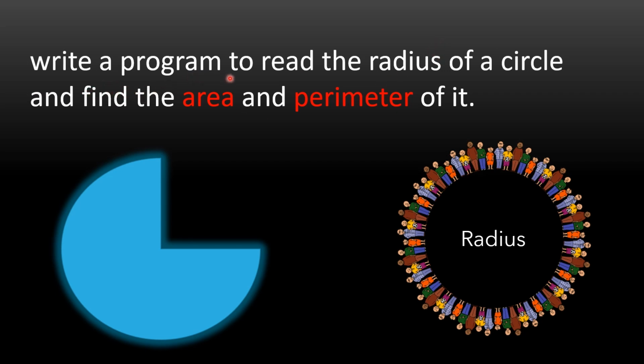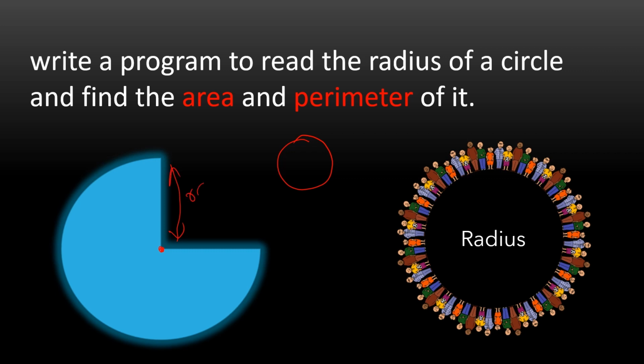Write a program to read the radius of a circle and find the area and perimeter. First of all, to solve the problem, we need to know some features of a circle, right? This is a circle in the shape of like this. Now, in the circle, from the center point of view,